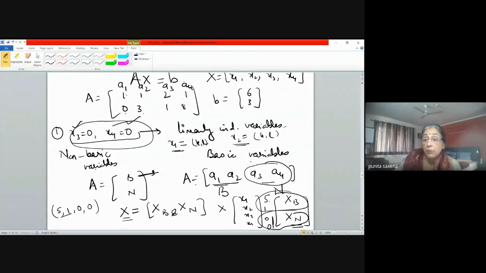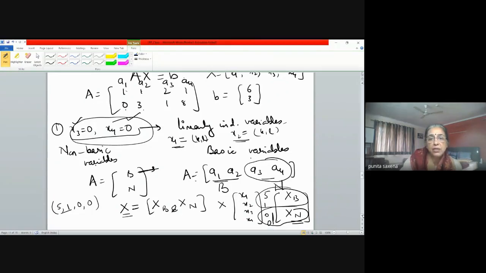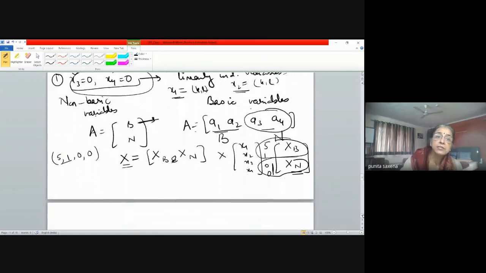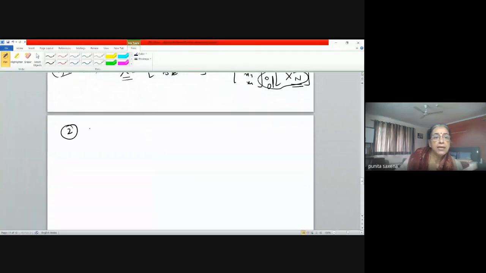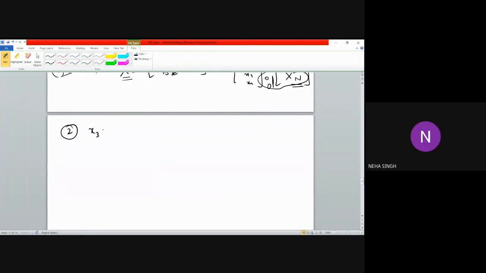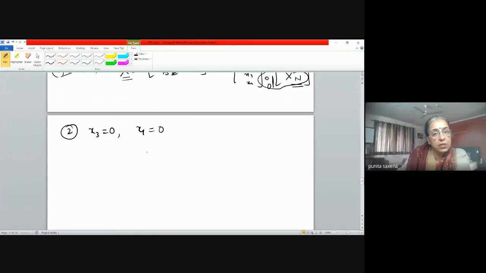We have seen them as positive, we have seen them as 0 also, and we have seen them as negative also. अब इसका मतलब what we are doing now is we are actually splitting our A. अब हर केस में B और N चेंज हो रहा है कि नहीं हो रहा। सेकेंड ऑप्शन जब हमने लिया था तो उसमें हमने किसको 0 पुट किया था? x3 और x1 को हमने 0 माना था। तो इसका मतलब इस केस में जब हमारा A, फिर हमने डिवाइड किया B और N में,